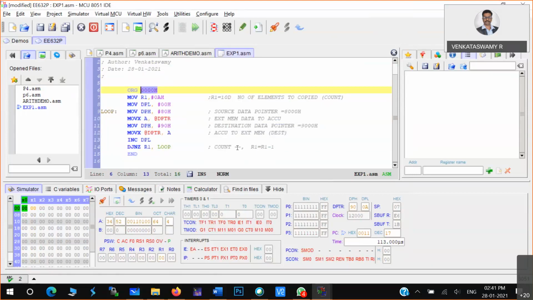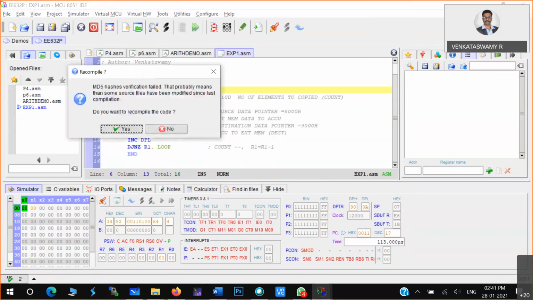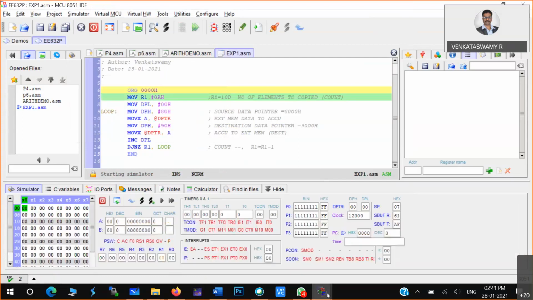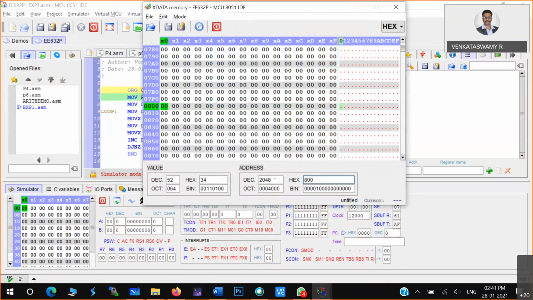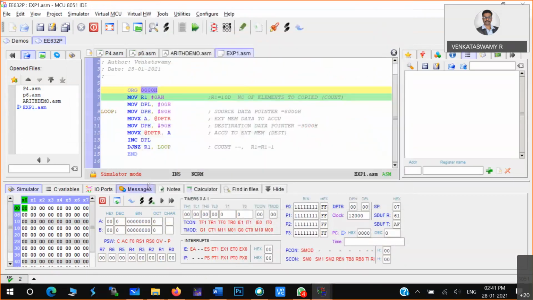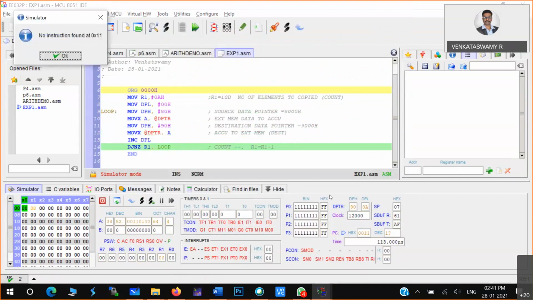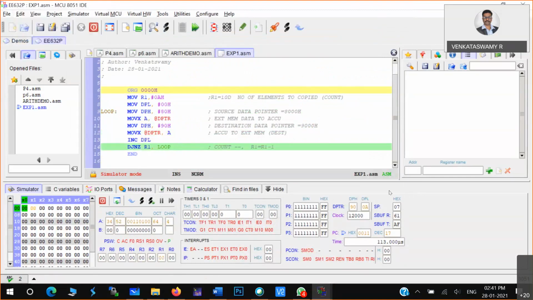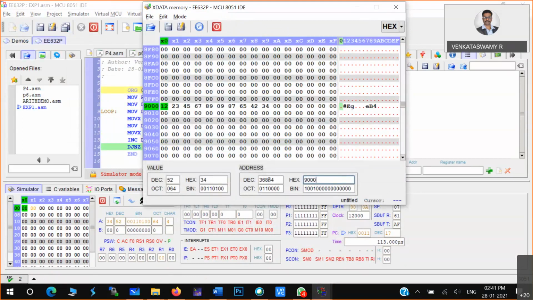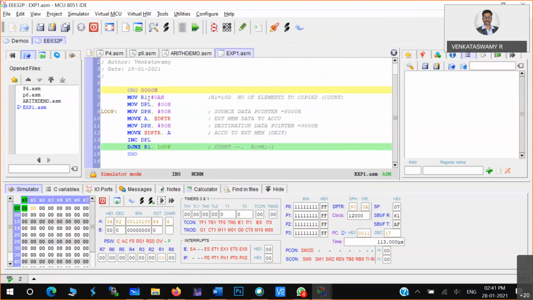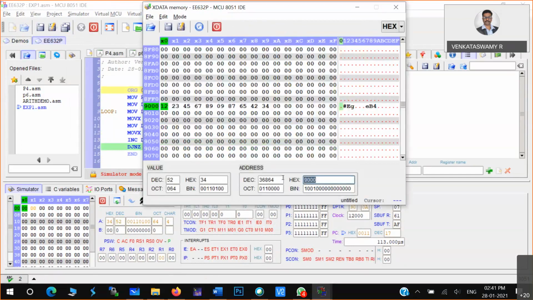You understood? So now I am just moving this particular program, and I'm just starting, and let me go to this 8000 memory location. Some content is there, so you just have to click on animate. Okay, so it terminates. Then the entire data will come here and will be copied to this particular memory location. So this is where you have to see the ORG.